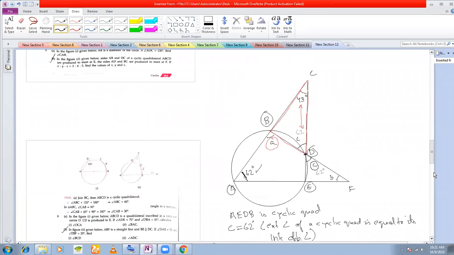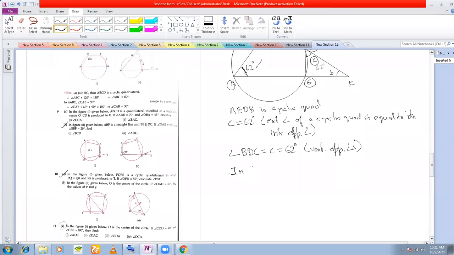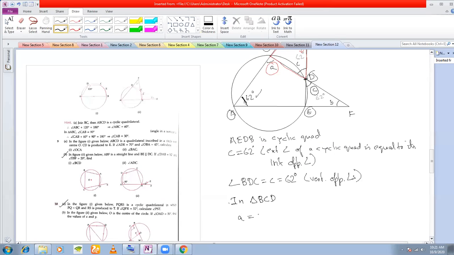In triangle BCD, A is equal to 43 plus 62, which is 105 degree. Reason is the exterior angle of a triangle is equal